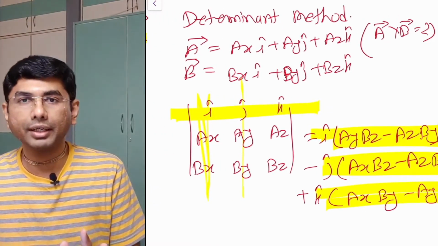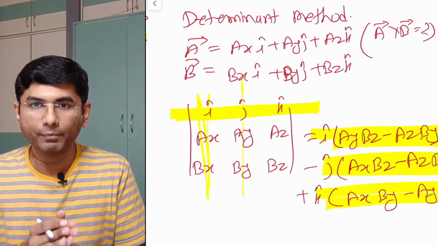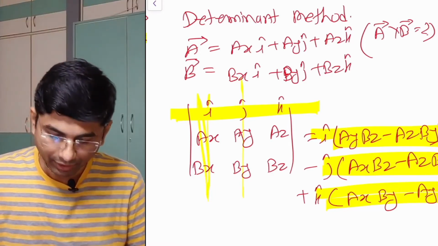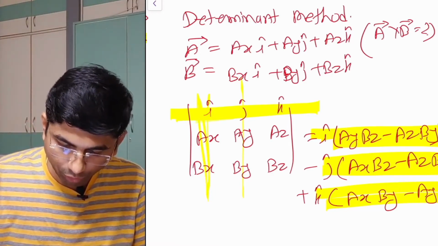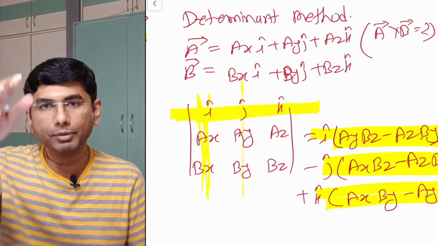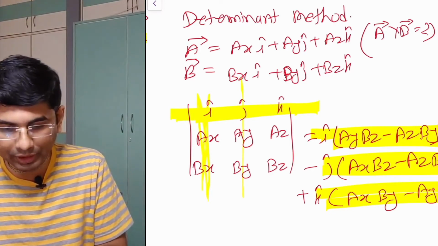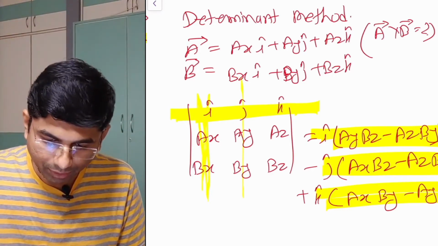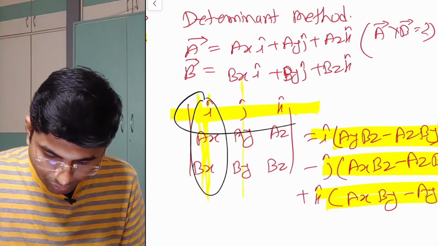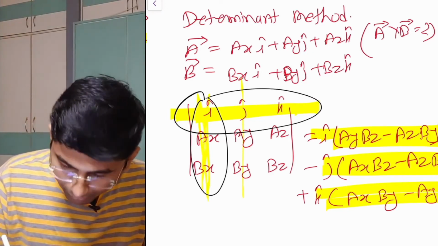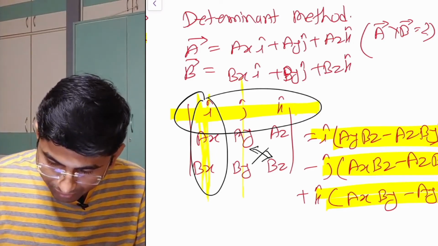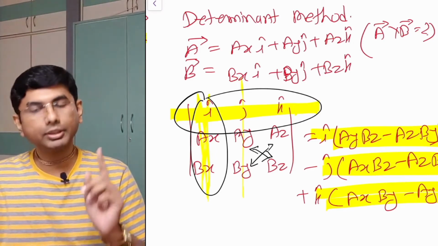इसको solve कैसे करने का है? The first term, I cap को पहले बाहर रख दिया. Then I have to forget about this column and the row of I cap, उसको मुझे अभी hide कर देना है. I have to forget about these two terms. Then I have to cross multiply this thing and then minus the cross multiplication of this thing. This is the first step.